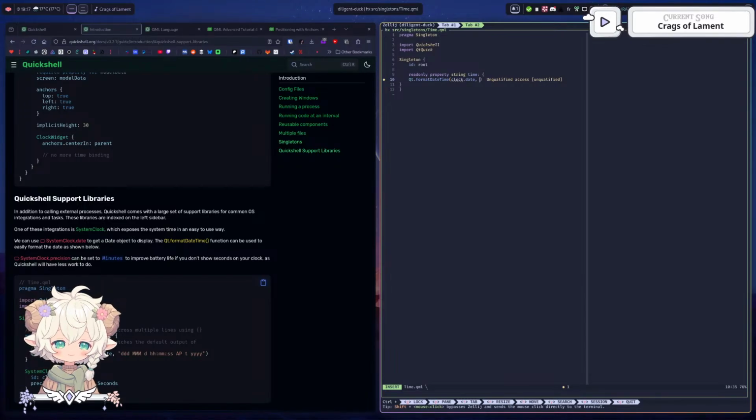Interestingly, for the moment, let's just do it in a way that is simple. Because, yeah, okay. I'd like to be able to pass a function on that, so I can change the format of the date. I wonder if it's possible. I need to check. Otherwise, I'll make two singletons, but I think it's bad. So system clock that we know that we love, which is our clock, and the precision, which is system. Oh yes, since I have a precision, then I want the minutes though. But since I have a precision,